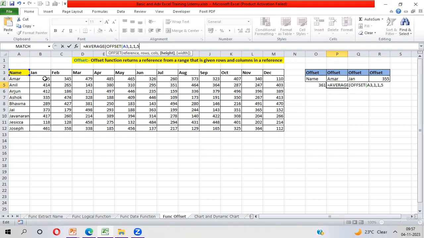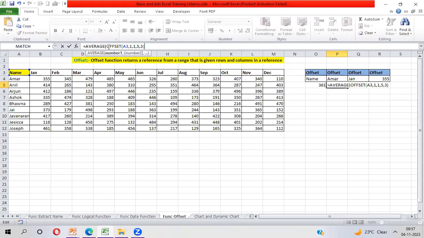Now I'm taking width, and here I'm taking width as 3. Width as 3 means 1, 2, 3 columns, so your cell reference will be B4 to D8.